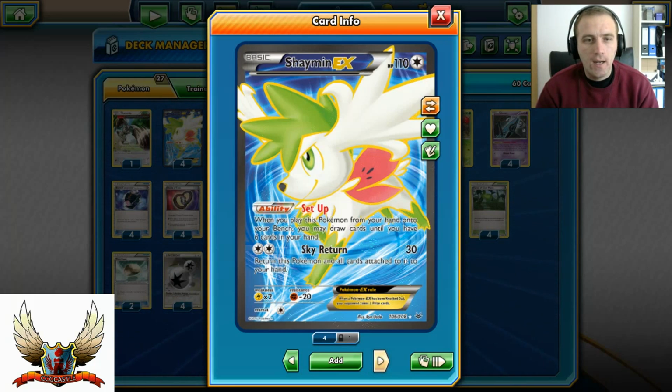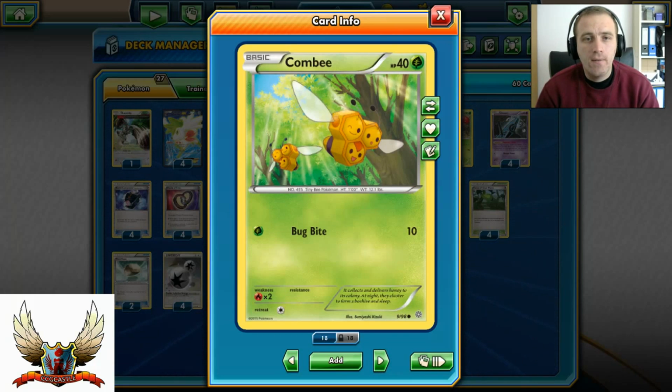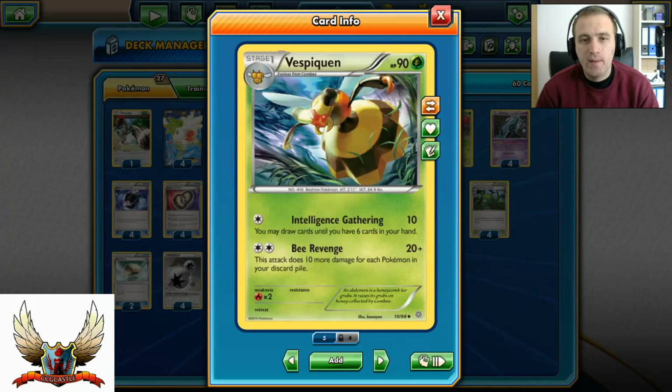Then we have 4 Shaymin EX for setup. Since he played only 3 copies of Sycamore, and that's pretty much all from the supporter cards, he was playing also 4 copies of Shaymin EX for the setup. Then we have 4 Combee and 4 Vespiquen. Vespiquen is the main attacker with Bee Revenge, 20 plus 10 for each more Pokemon in your discard pile. So yeah, 27 Pokemon in this deck list, so definitely it can hit for a lot of damage,